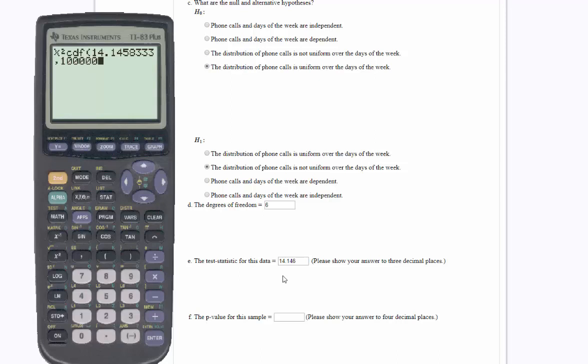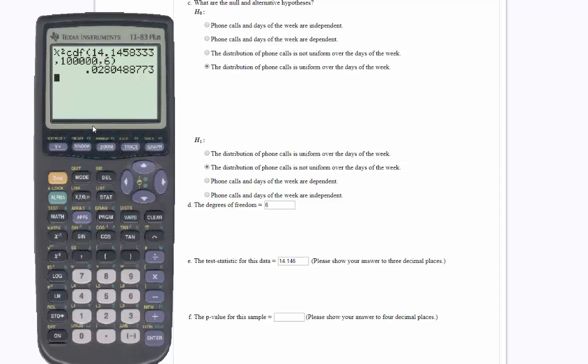So let's say 100,000. That should do it. And then the last parameter that you need to use is degrees of freedom. So it's 6 in our case, not 60, 6. Okay, so here's your syntax. Test statistic goes first, then a large number, you can do 1 E99 or 10 to the 25th power, whatever you want to do. This is big enough. And then degrees of freedom. Okay, so we compute this value right here,